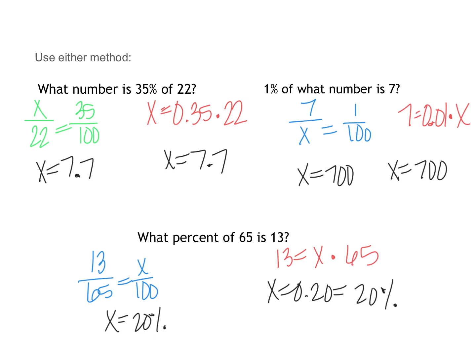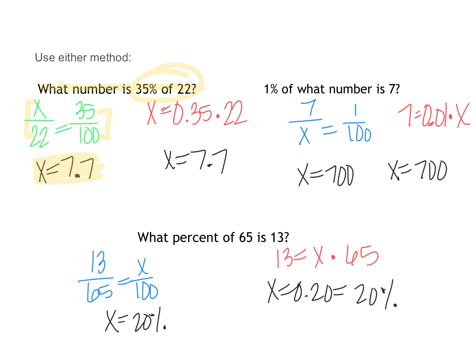Okay, so here's what I got. You check your work as I go through. What number is 35% of 22? I did it in both methods. So whatever method you chose to do, you check. So it would be x over 22, because 22 is what I'm taking the percent of. X is the number I'm finding, equals 35 over 100, and then I did 22 times 35 divided by 100,